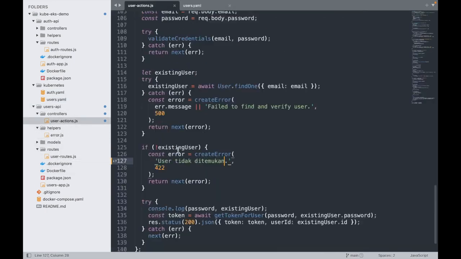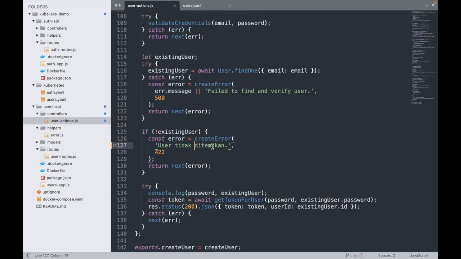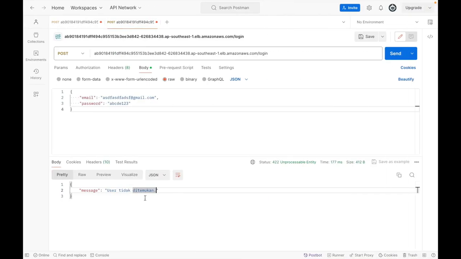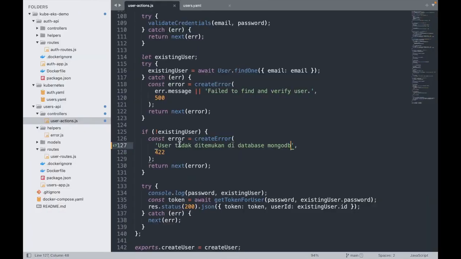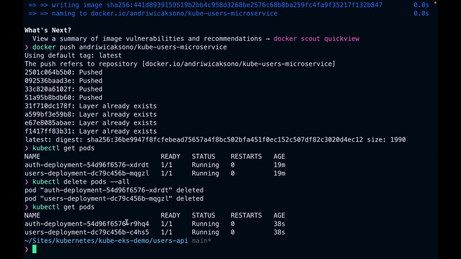Okay, let us make the update. We will change the message here, at this particular line. This will change the message displayed in Postman. Let us try MongoDB in capital. Okay, now